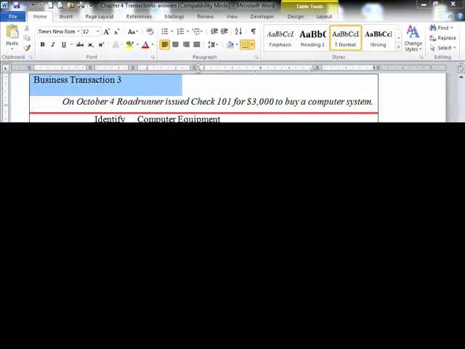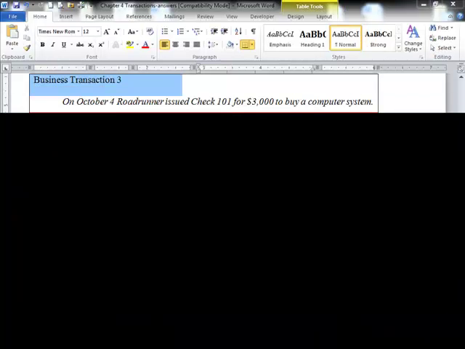Okay, let's begin with transaction number 3. Again, a very familiar looking transaction. As a matter of fact, the next 5 transactions are going to be the exact same as we had in chapter 3. And in business transaction number 3, which we're going to see here, we're going to increase the asset